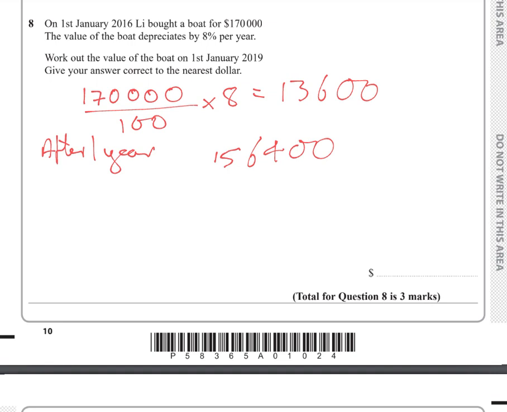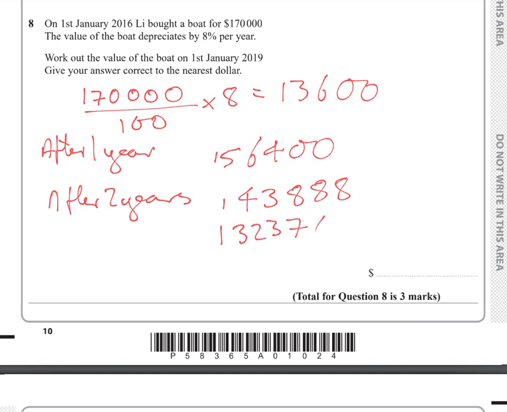So after 2 years, if we do exactly the same thing, it would come out to 143,888, and after 3 years, exactly the same thing, it would be 132,376.96, which corrected to the nearest pound is